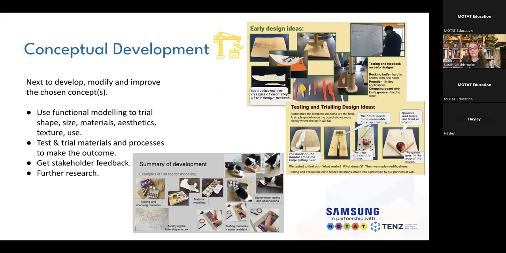Once again, in development, you need to get your stakeholder feedback, get people testing, trialing, using your models in different ways. You can see the cat example, those were lots of different functional models, and the cats did get in there to try out the cat feeders, as you can see from the images. It's really through that testing and trialing process that you can find out if materials are suitable, or whether you need to change them for something more appropriate, or whether the process actually works. Does it function how it is supposed to? Those kinds of things are really important.